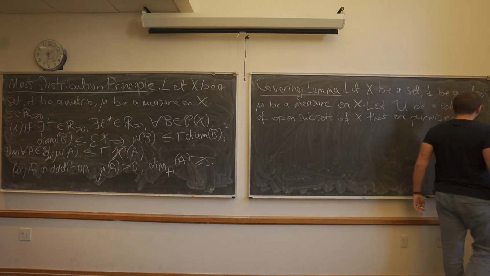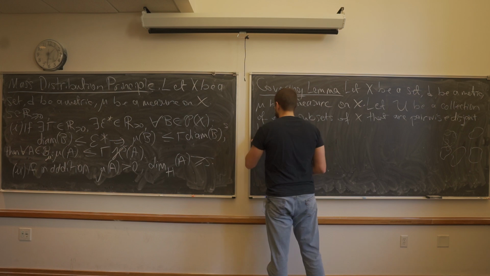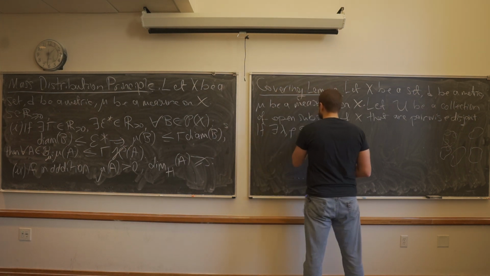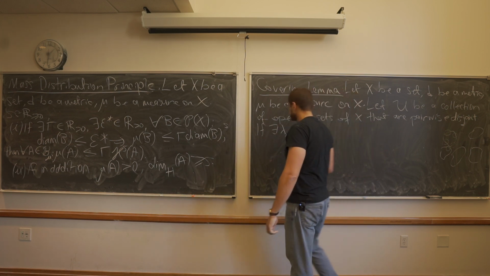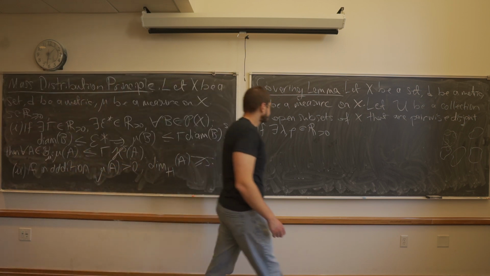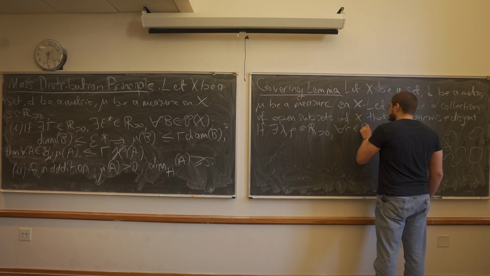What I need is, first of all, some sort of control over the sizes of each of these cells. And I need some relationship between mu and d. Okay? If there are two numbers, lambda and rho, such that for any r positive,